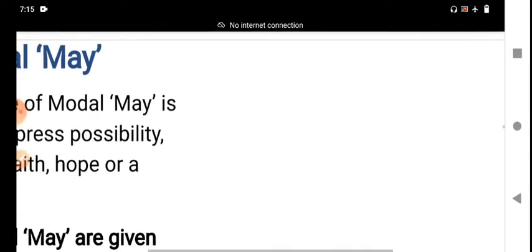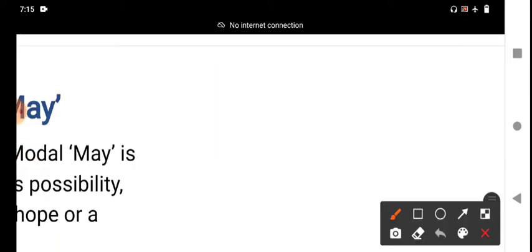We are commonly using modal verbs in day-to-day life. My request is you should concentrate on the function in that particular context, that statement. First of all, before discussing, what are modal verbs? Modal verbs can be used to express our ideas, our thoughts. In English grammar, a modal verb combines with another verb. May combines with another verb.